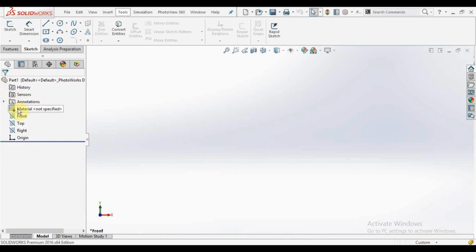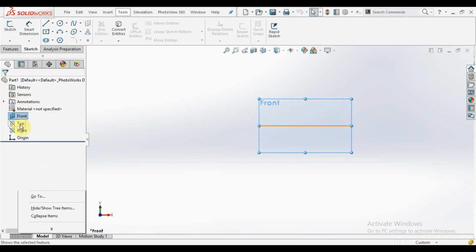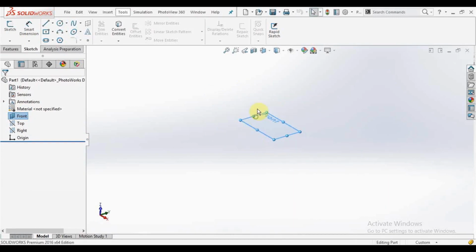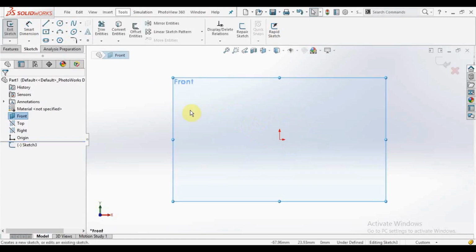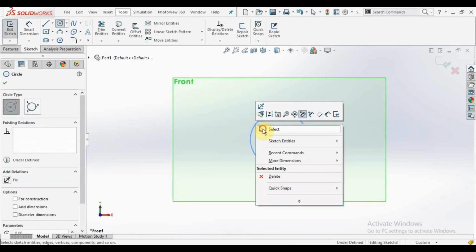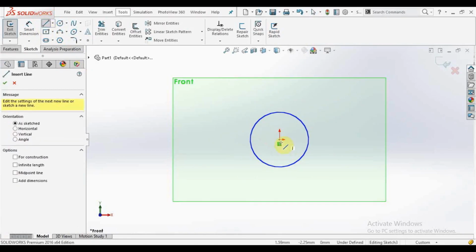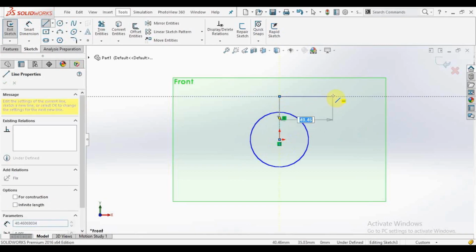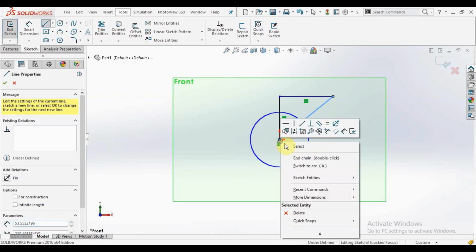Here is my front plane. Okay, so I have some sketch in the front plane. Let's say this is my sketch. I will make it not perfect, but for understanding purposes, this is my sketch.